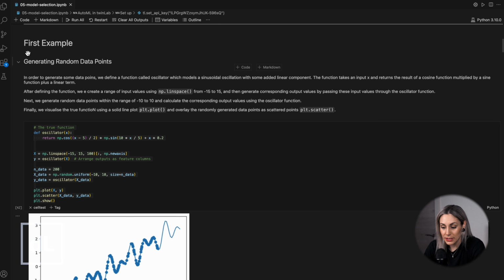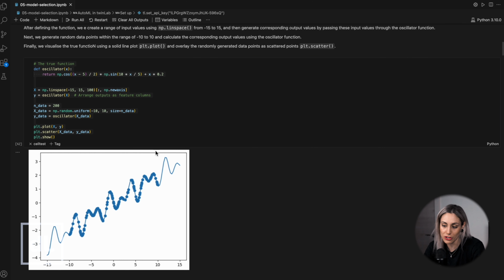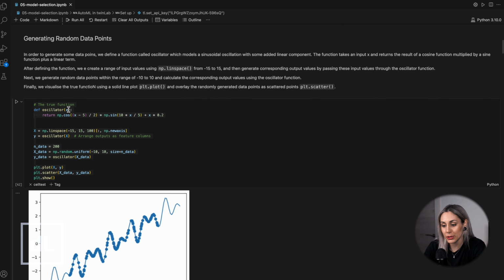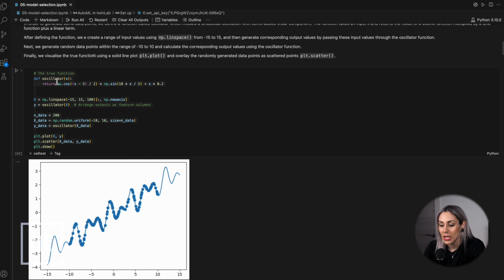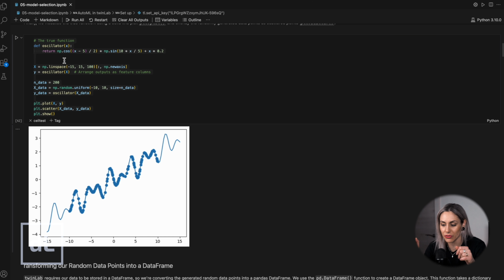Okay, so for our first example, we're going to generate some data points, and we're going to define a function called oscillator, which models a sinusoidal oscillation with some added linear component. The function takes an input x and returns the result of a cosine function multiplied by a sine function plus a linear term. After defining this function, we're going to create a range of input values using